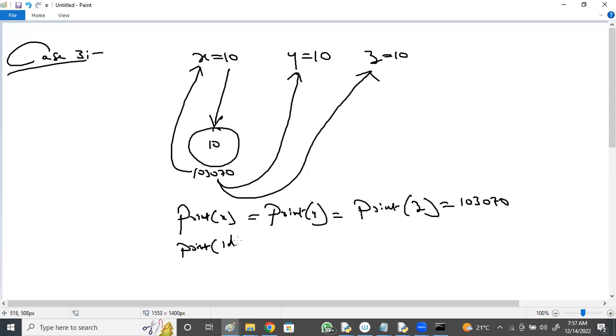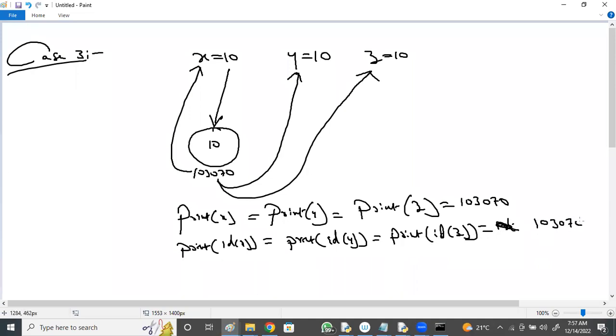Print id of x, id of y, print id of z. 103070. Type also: type of x, type of y, type of z will be what type? Int type, right? Yes. So this is case 3. If the values are the same, only one object, only one address.